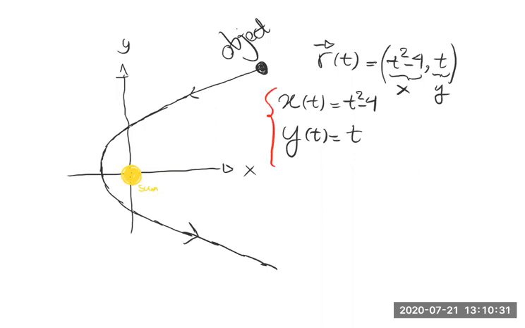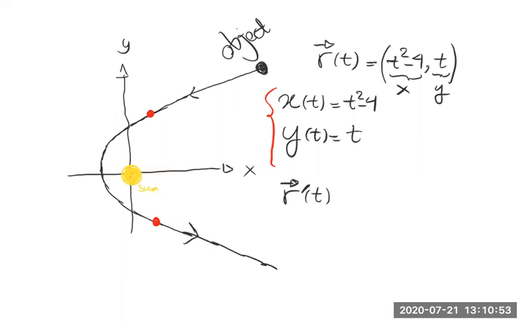This is given. So now the question is, find the velocity vector of this object. What would the velocity be like at these red points if you just want to sketch it? The velocity is just the derivative